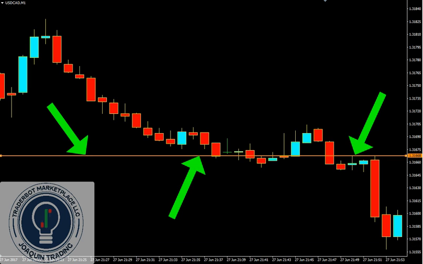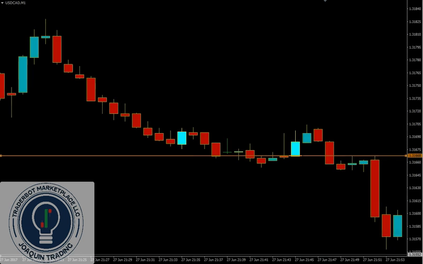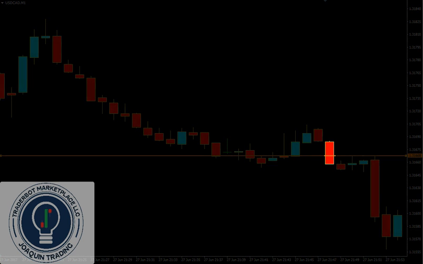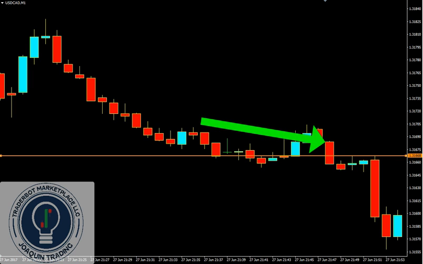First of all, let's pretend that this line is a strike. And let's pretend that each one of these candles here is, say, an hourly candle or whatever. It doesn't matter. But let's say that price opens at the open of the candle, and that's where the signal comes out. And when the signal closes, that is where the expiry ends. For instance, on this candle right here, it opened here and it closed here. So price fell during this time.